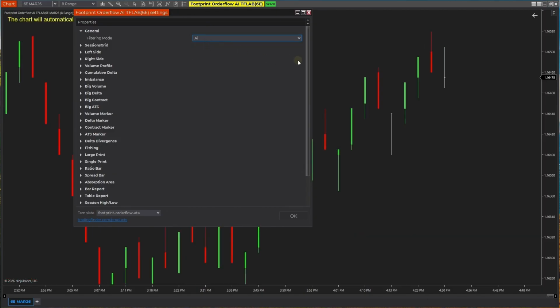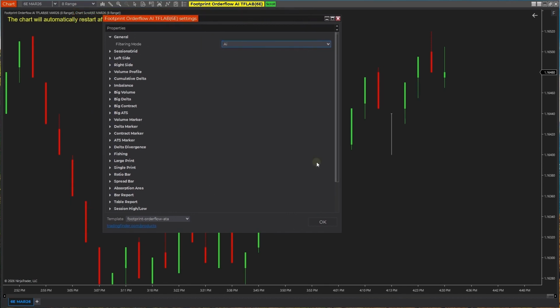The first option available is the one that, after you select it, since it needs to perform a series of calculations on your chart,